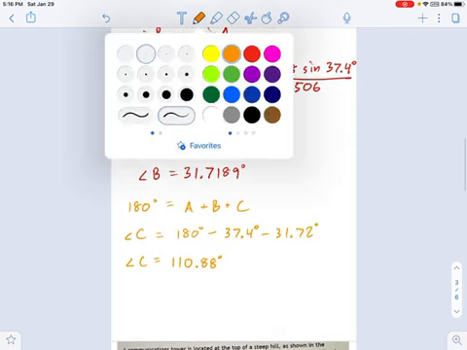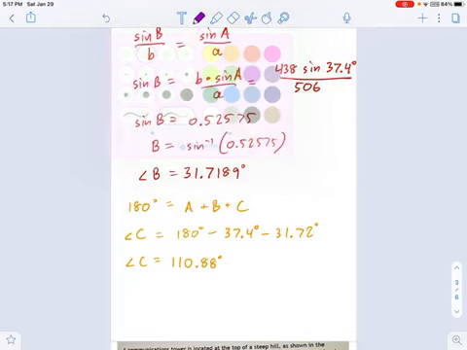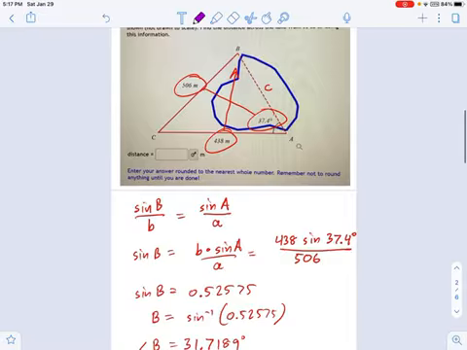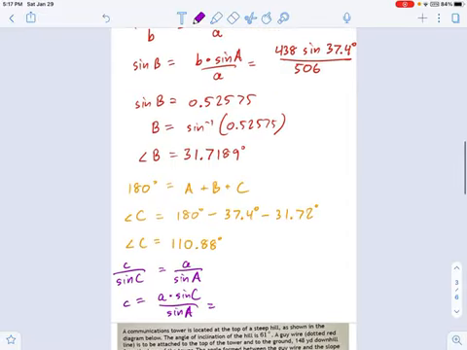I think I can wrap this up pretty quick. Okay, just pick my last color here. Little c over sine C equals little a over sine A. You could have picked b also, that would have been fine. Okay, so that means little c equals little a times sine of big angle C divided by sine of big angle A. We just plug in what we know. Little a is 506.